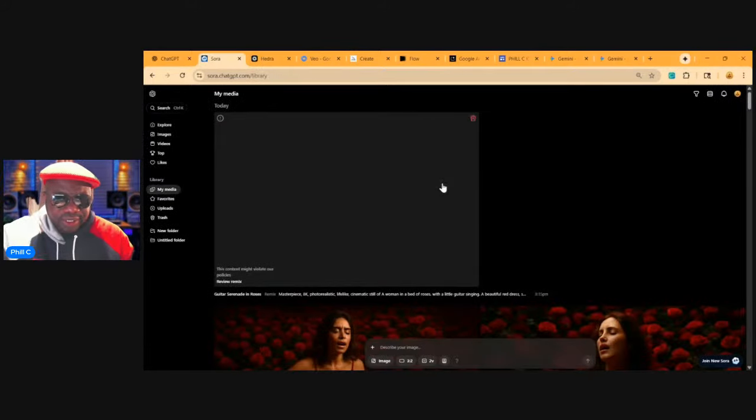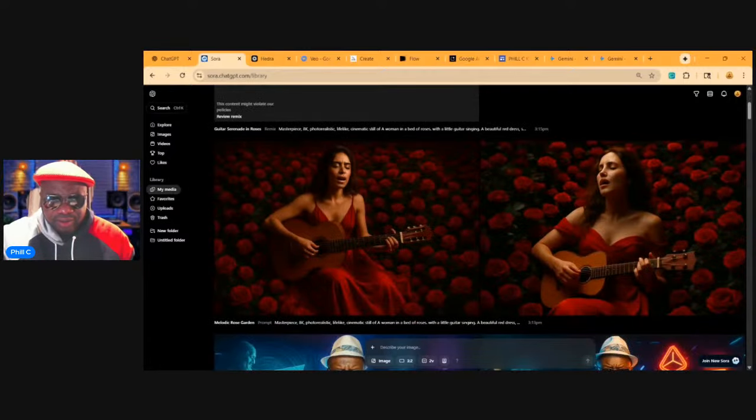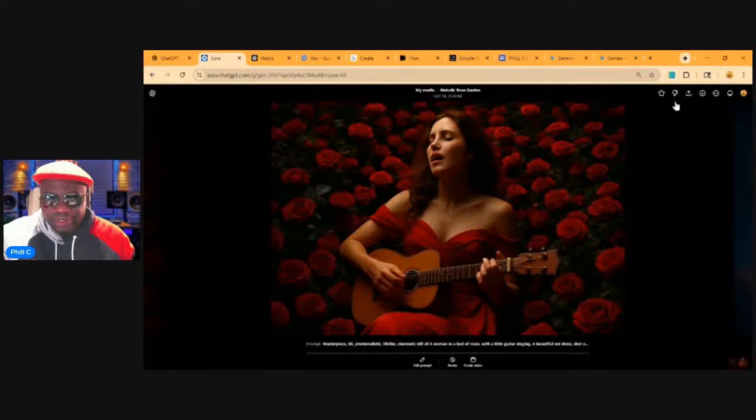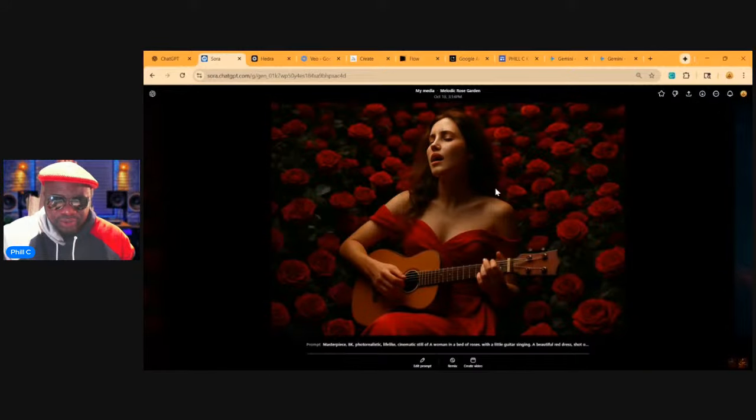But in the interest of time, I'm just going to go with this one. It's not directly an above shot, but it will do. So I'm going to right click and copy the image. I'm also going to download it. So assuming we wanted multiple scenes of this lady singing, maybe a bed of roses, maybe on a hammock, we could also do this.